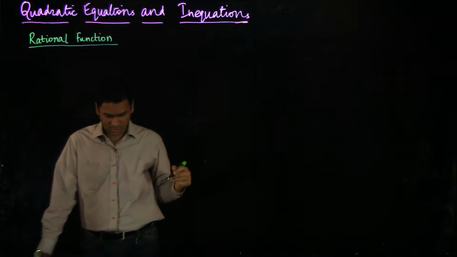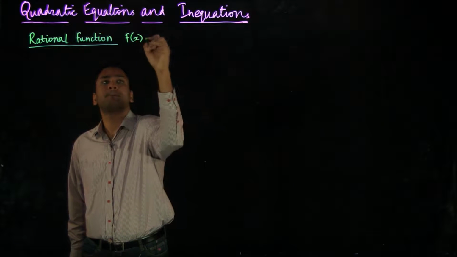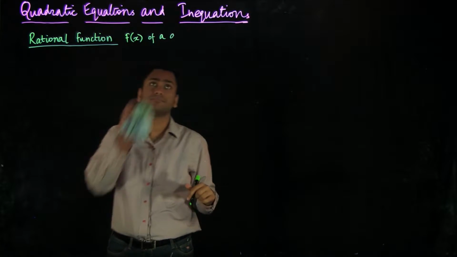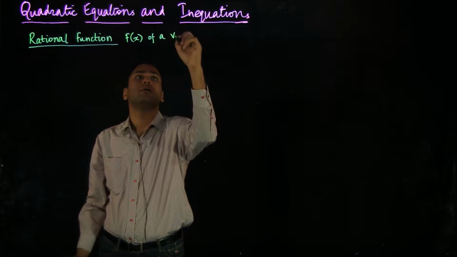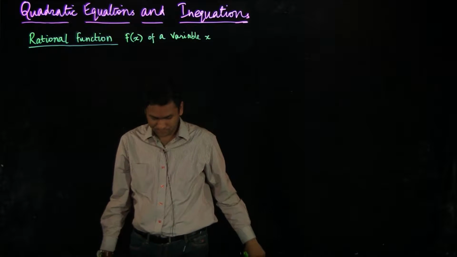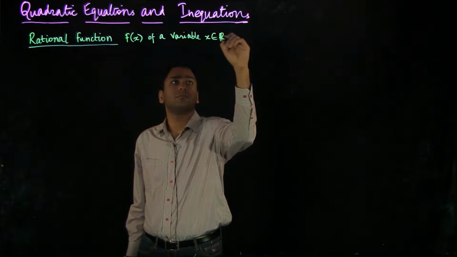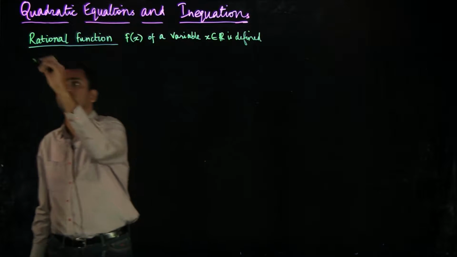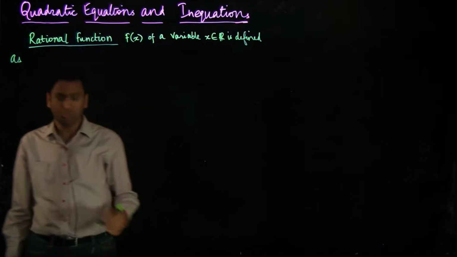A rational function f(x) of a variable x, which belongs to the set of real numbers, is defined as the ratio of two polynomials